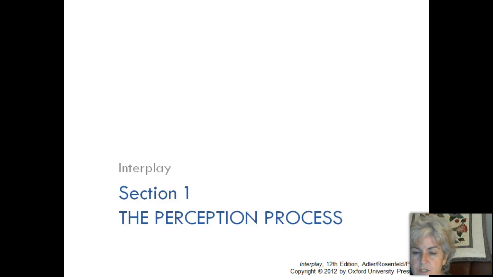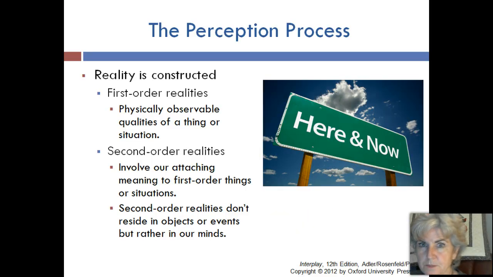Okay, so in terms of perception, a couple of things to remember. It is a process. It is not something that is static and stationary and fixed. It is something that is ongoing. Your book talks about this notion of first-order realities and second-order realities. It has a lot to do with the notion of perception and is not something I'm going to elaborate in this lecture. So be comfortable and be familiar with it enough from the textbook description.